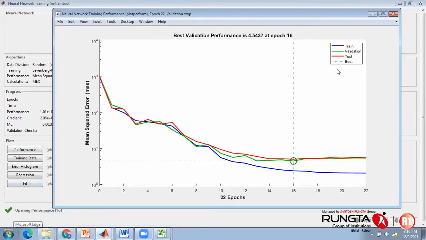So there are three different terminologies associated with that: training, validation, and testing. The blue line is for training, the green line is for validation, and the red line is for testing. And this is the point where the algorithm is terminated. Okay, this is the best possible result. So at epoch 16, it gets terminated. On the contrary, you can see it goes up to overall 22 epochs or 22 iterations. So from 16 to 22, 6 iterations are basically for the validation check. Okay, validation check stands for